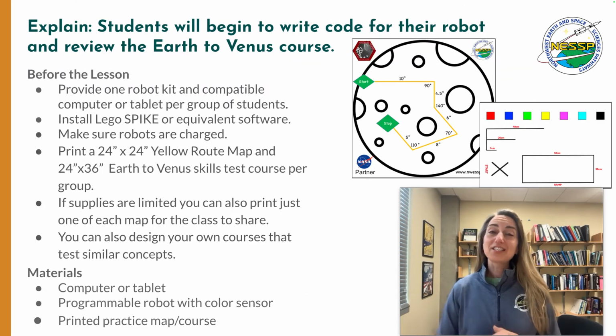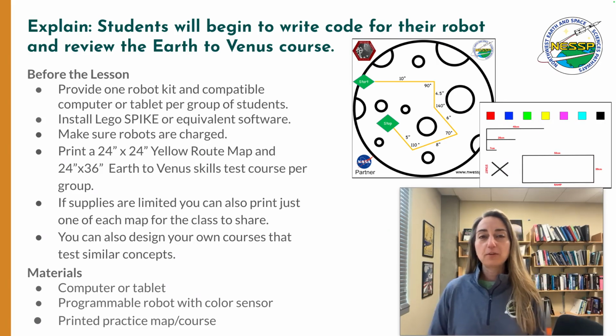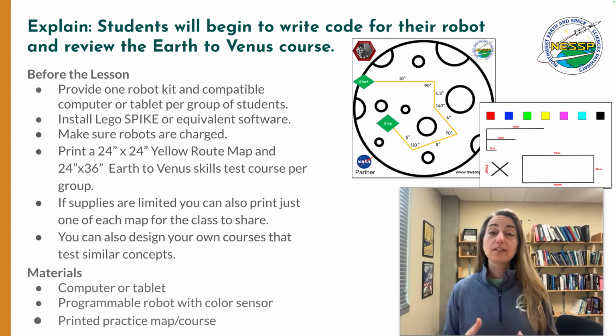In the explain section, students are going to start learning how to write code for their robot. They will start out by reviewing the Earth to Venus Challenge course, which they will eventually be driving on. But we also provide some standard resources in this part of the lesson that can help the students learn the basics, like driving their rover forward, getting it to turn by a certain amount, and also measuring different colors on